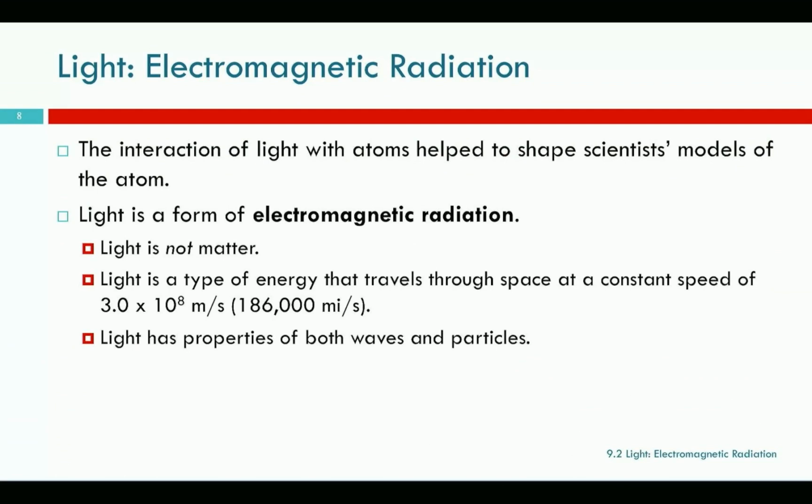works. So light and electromagnetic radiation are the same thing. I should say light is a specific band of electromagnetic radiation. It's actually a very small piece of the whole spectrum. So it's a type of energy, actually. Light is not matter. It travels through space at a constant speed of 3.0 times 10 to the 8 meters per second, which is about 186,000 miles per second,